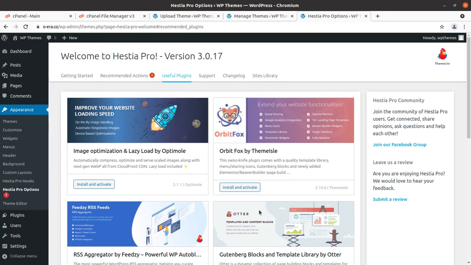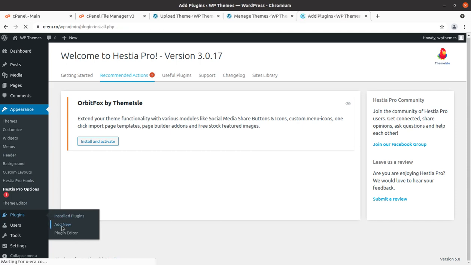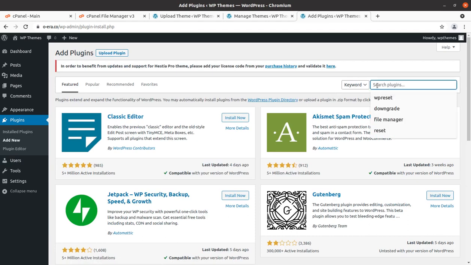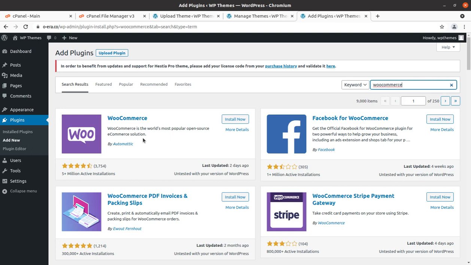Okay, so what we will do, we can install WooCommerce first just to check whether it works fine with WooCommerce as well. So I'll simply install WooCommerce using the add new feature of the plugin area, and it is simple. And if you are getting the theme at the WP Themes website, you can order the theme along with the hosting plan.